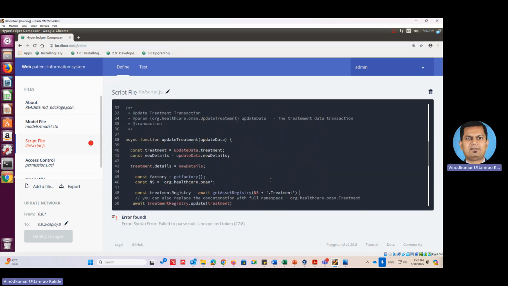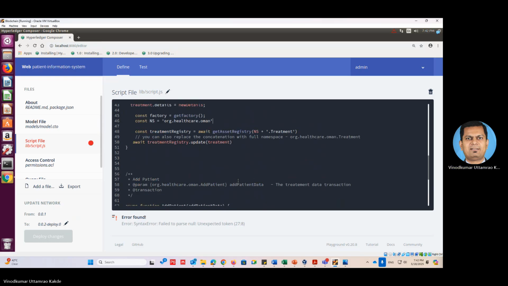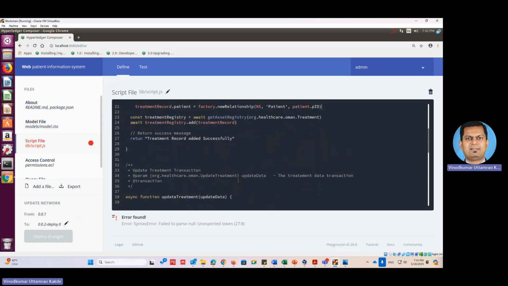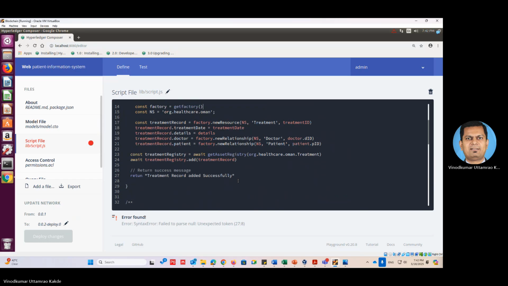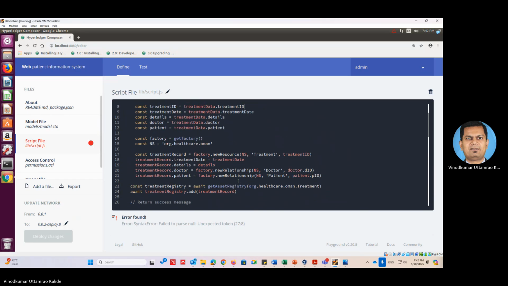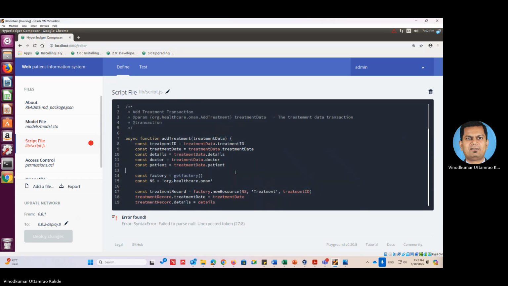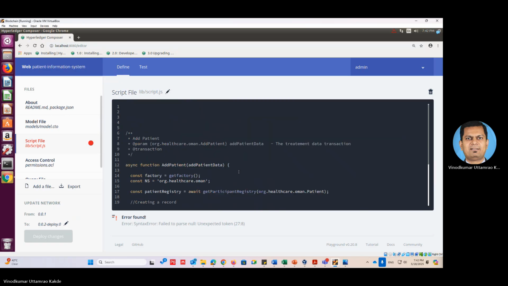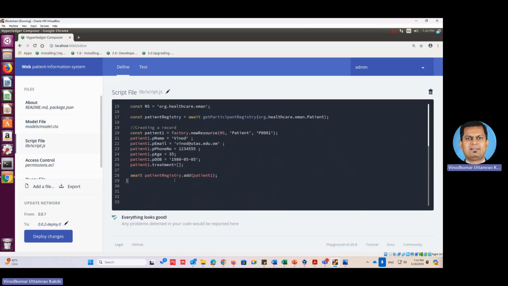I think it is there in the first part. Let me remove the first part, so that I can at least deploy. Okay. After this,